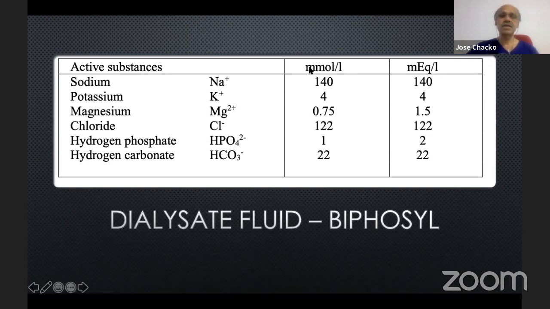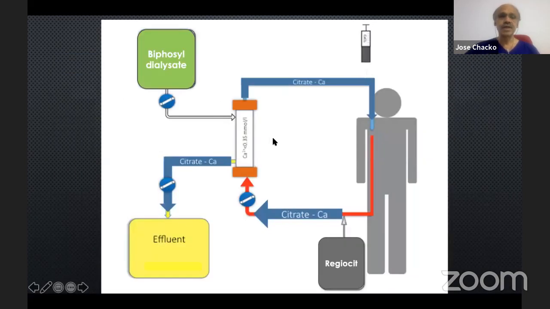The rest of the concentration is pretty much similar. You have phosphate, sodium, potassium, magnesium, and chloride as well. So just to recap, you use a Resuscitate solution. The solution is used in proportion to the blood flow that you use. If you use 100 mils per minute